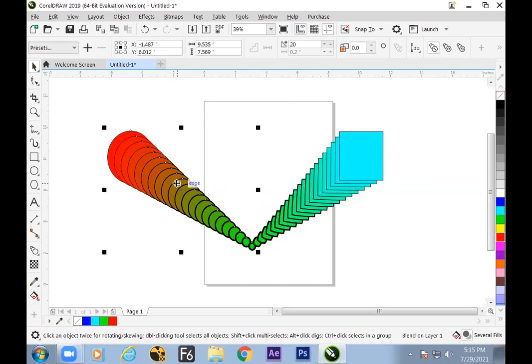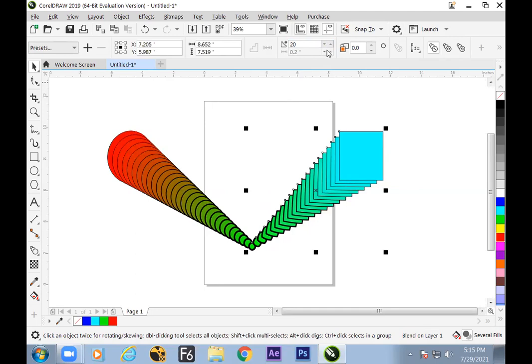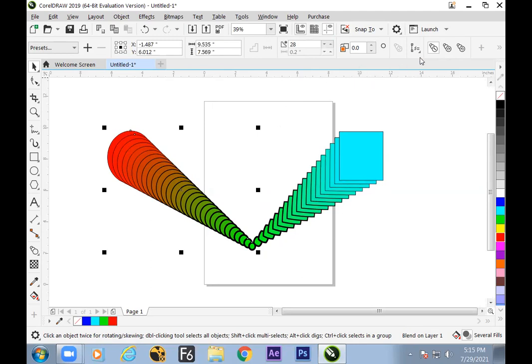So let us move to the blend properties and see how to increase or decrease the numbers. You can increase the number and decrease the number. Yes, the same way, increase and decrease the number. Now the next, a few options are here. Let us see what those are. Direction of the blend.